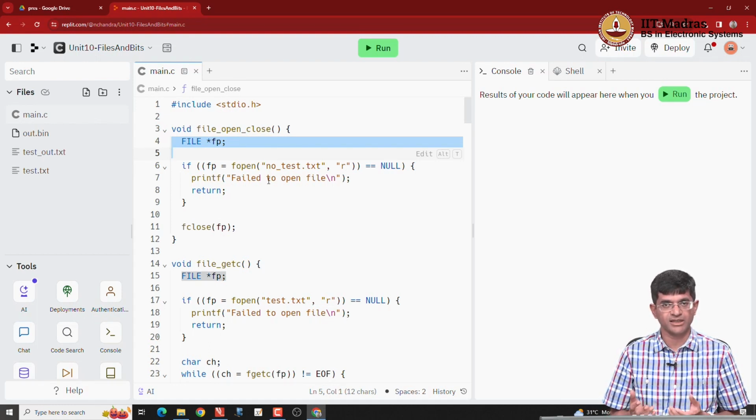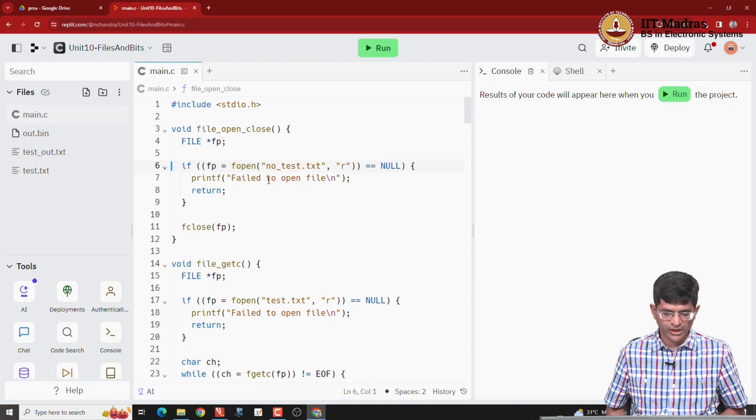So, fp is just a pointer to a FILE struct, but it does not really have a definition yet at this point, it does not have a value. So, what I try to do over here is I am going to use this function called fopen, and what I do is I give it a file name, and I also give it something called the